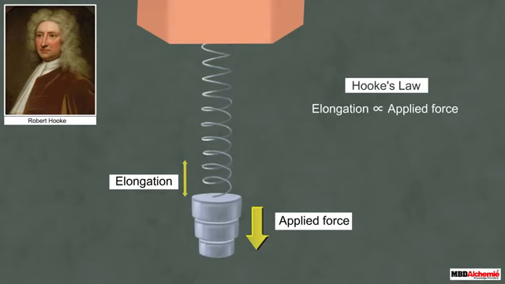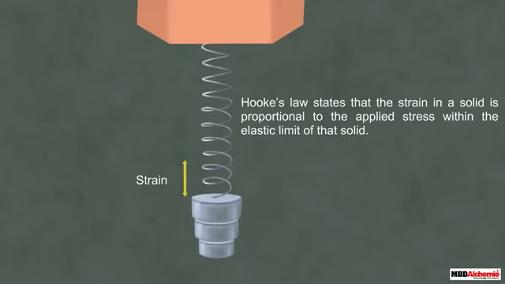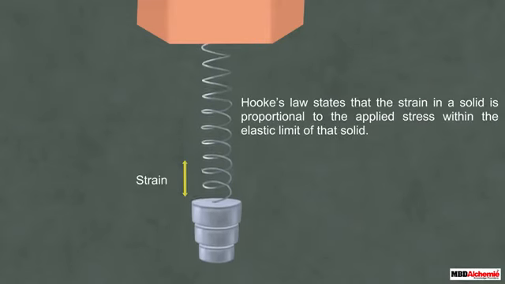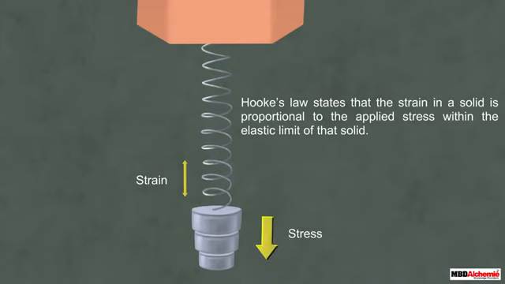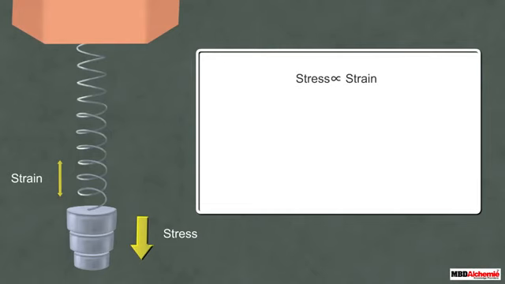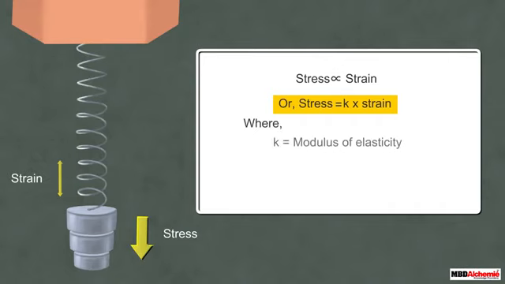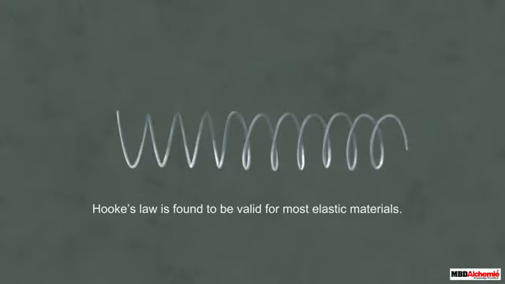The Hooke's law states that the strain in a solid is proportional to the applied stress within the elastic limit of that solid. Thus, stress is proportional to strain, or stress is equal to K into strain, where K is the proportionality constant and is known as the modulus of elasticity. The Hooke's law is found to be valid for most elastic materials, though